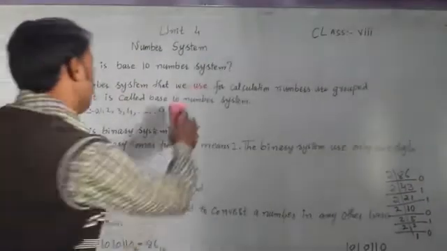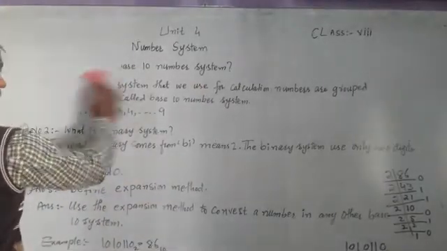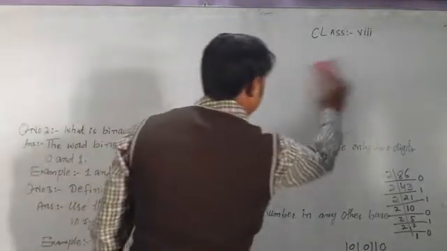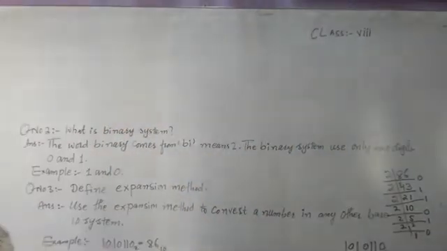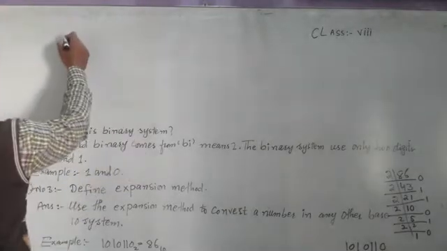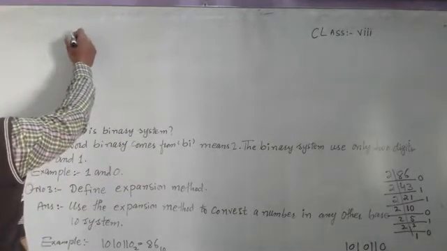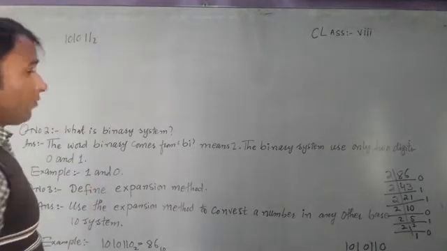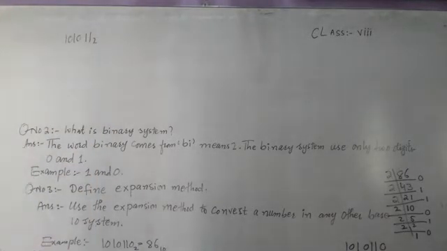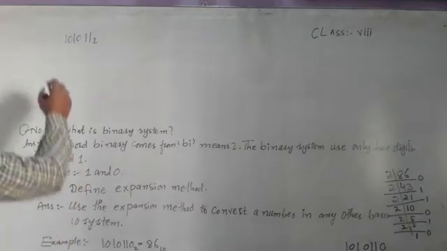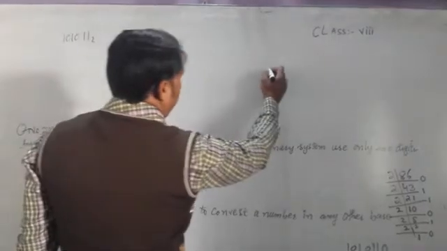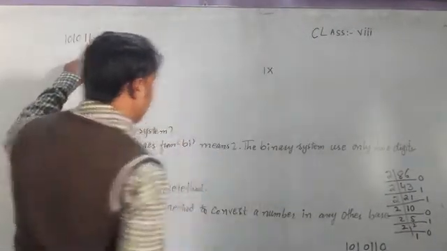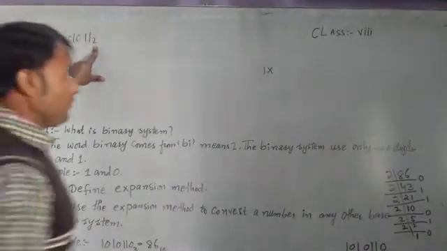So I am raising here the definition of the first one. We are taking here the example of 101011 in base 2, and we convert it to base 10 system. Start from here. Starting from 1, so write 1, multiply, give the sign of multiplication, and base 2 system, so write